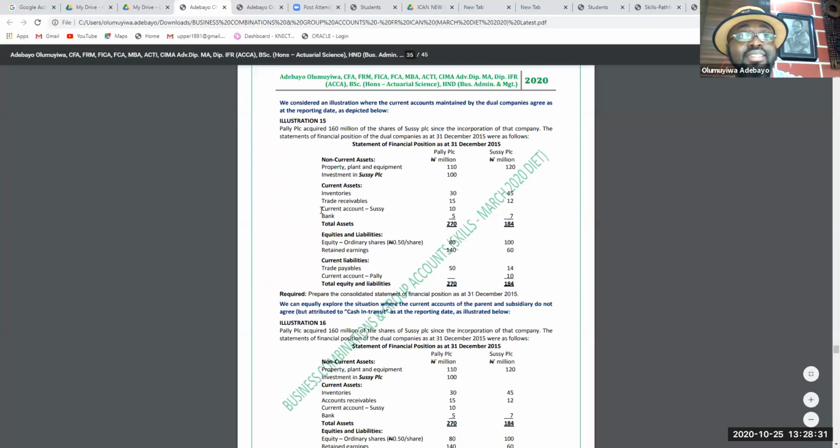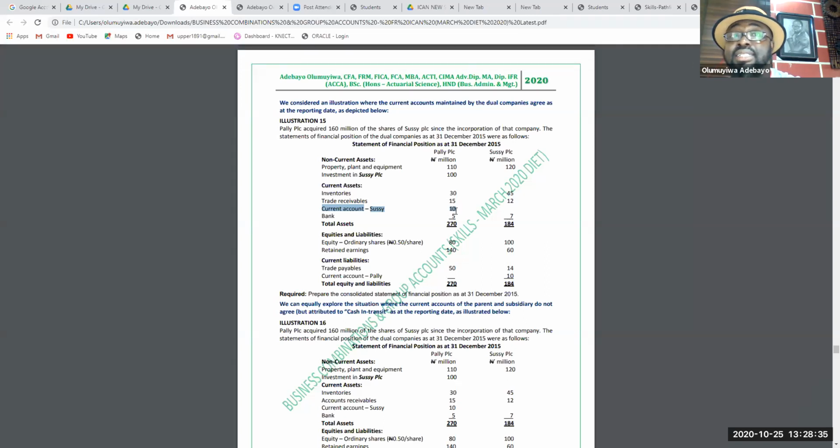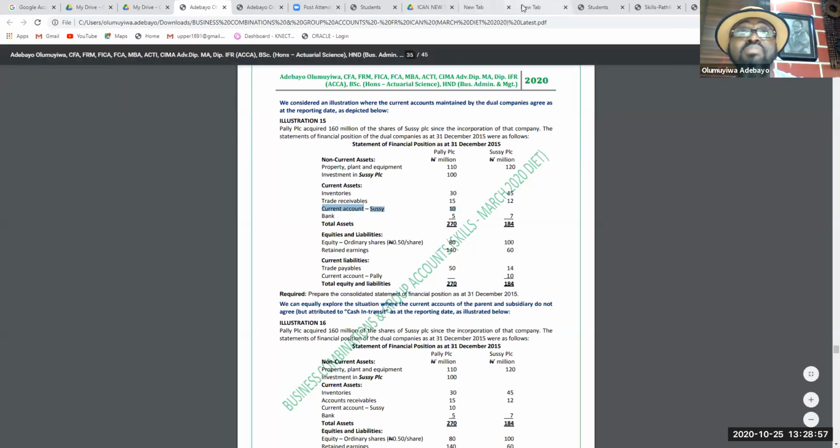this 10, remember, this is a current asset. This is a debit balance. If I have to eliminate it, I have to credit it. Is that correct? Correct. If you want to eliminate a debit balance, you credit it. If you want to eliminate a credit balance, you debit it,